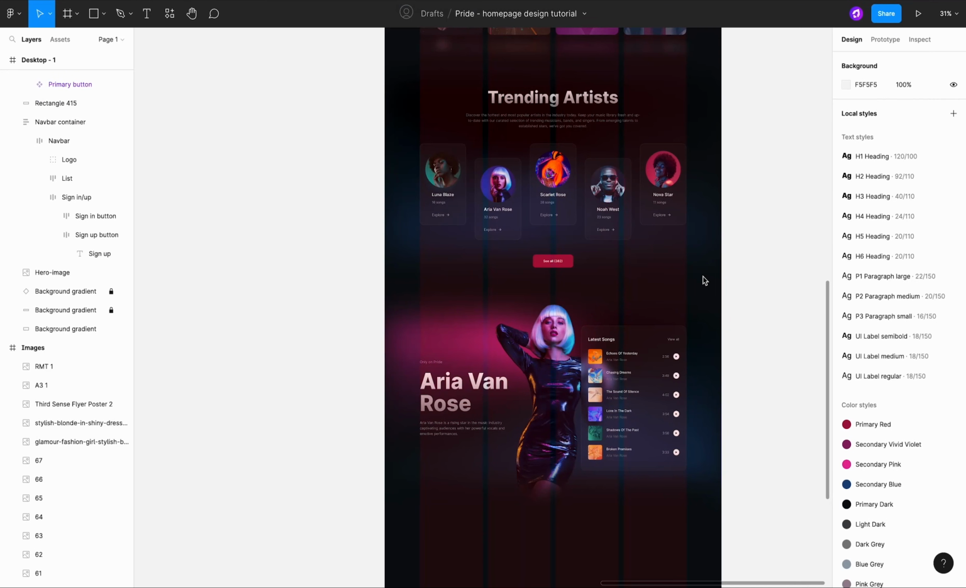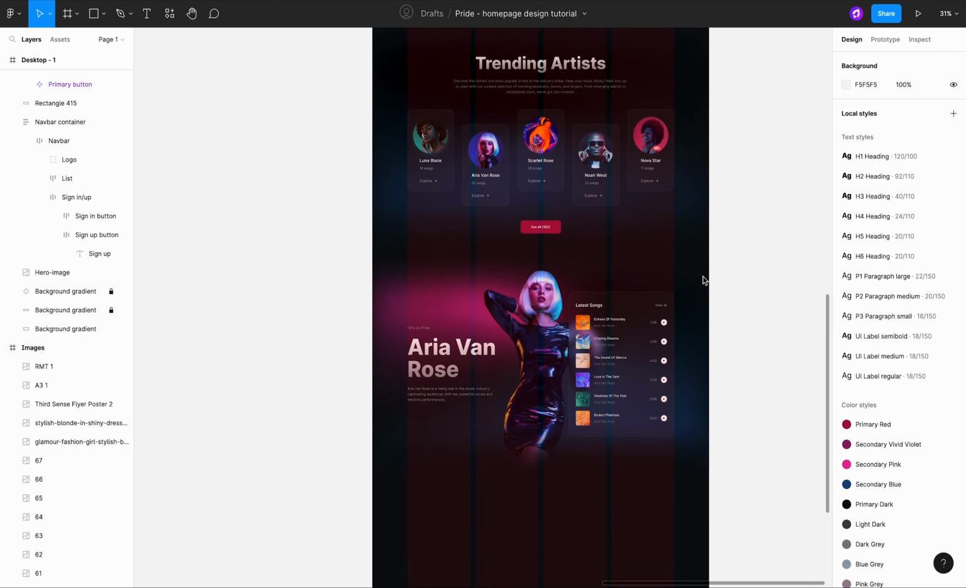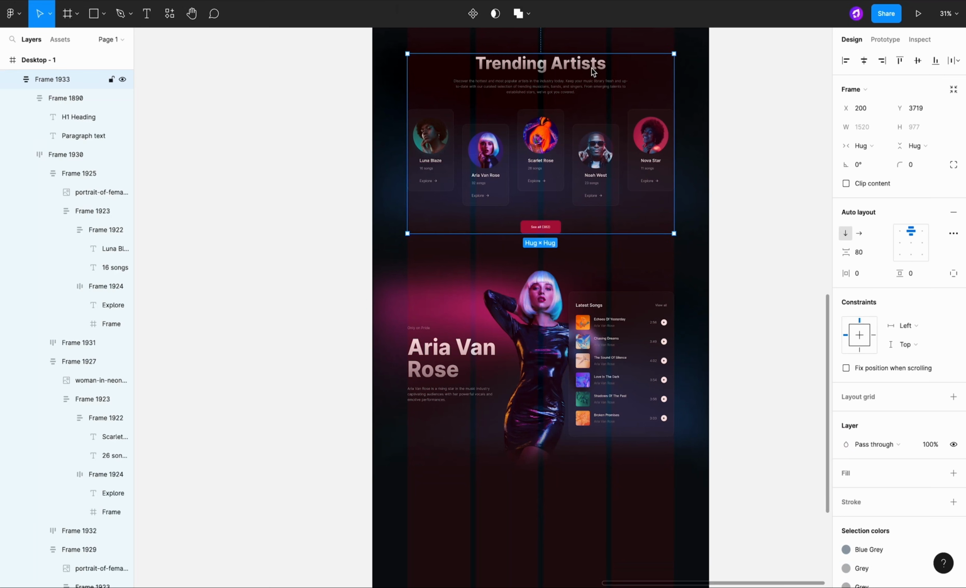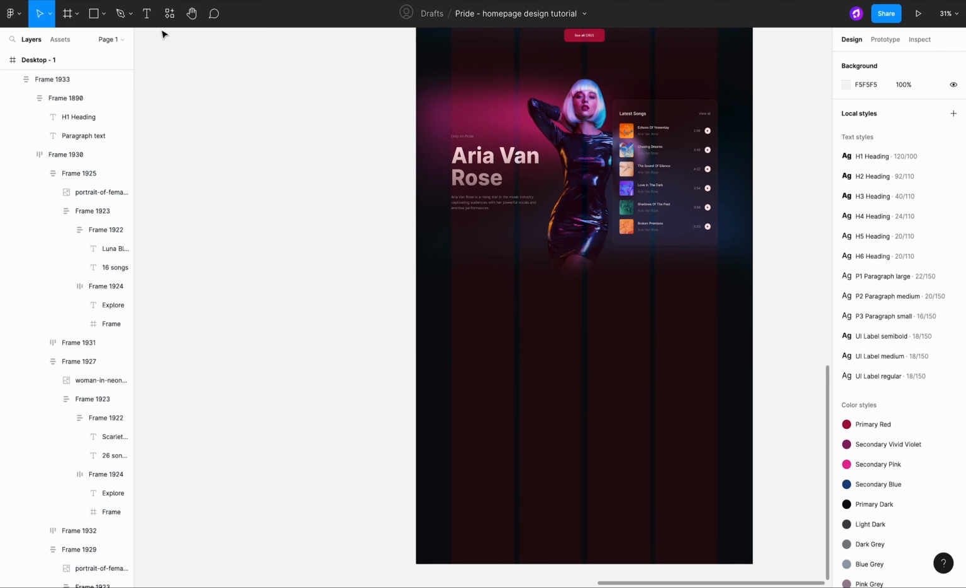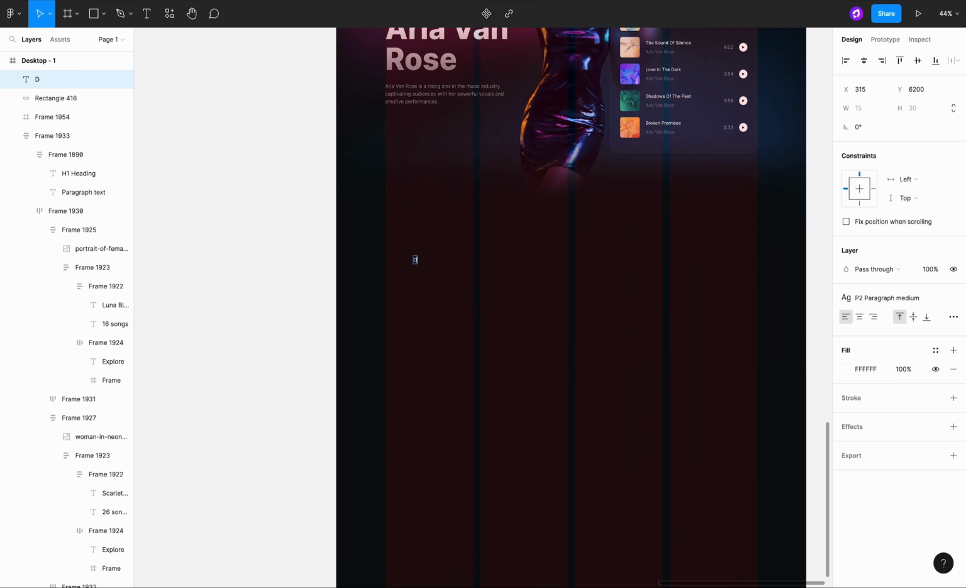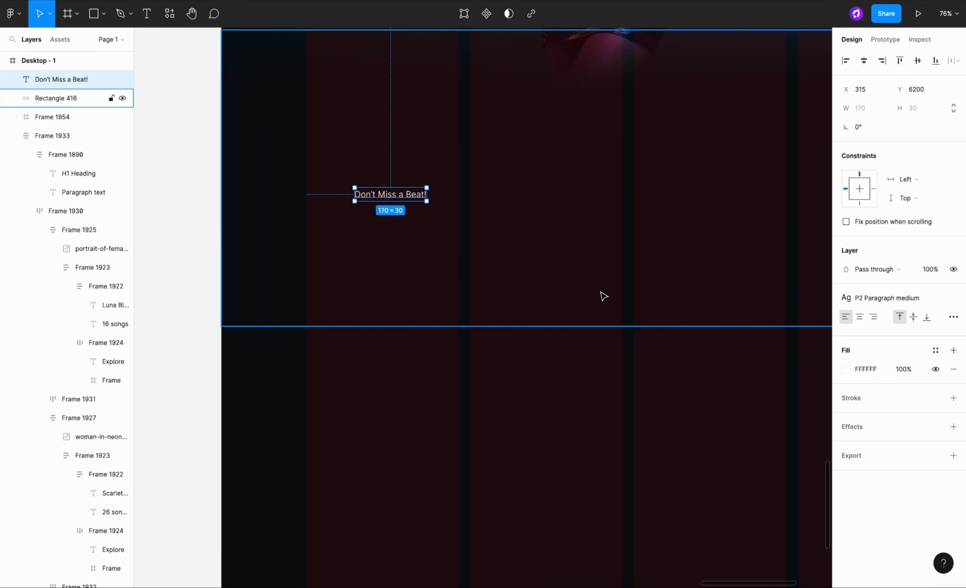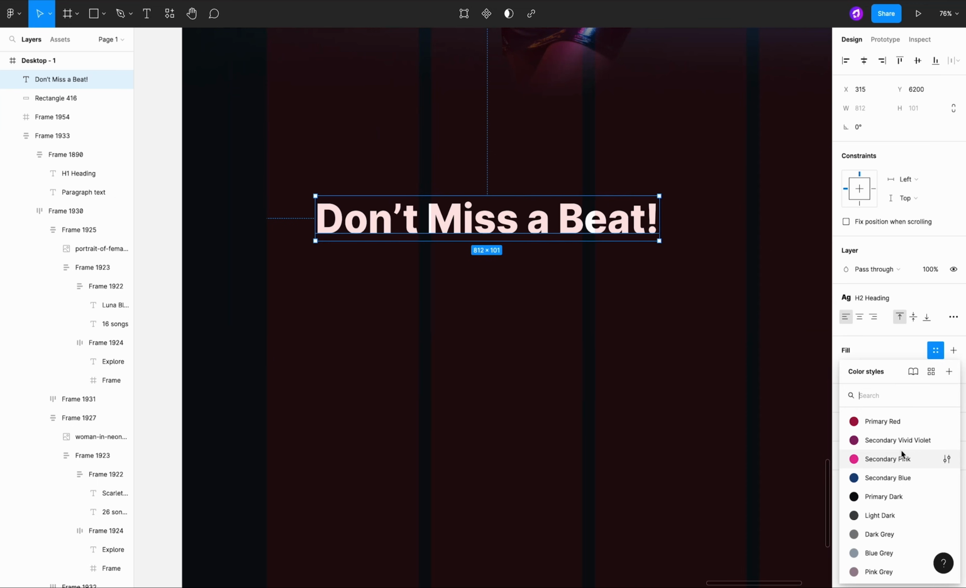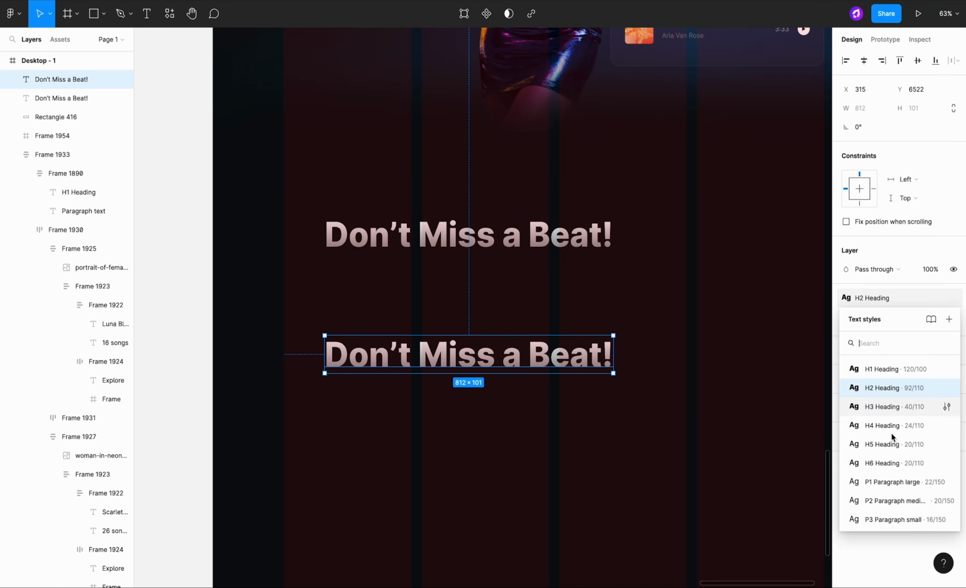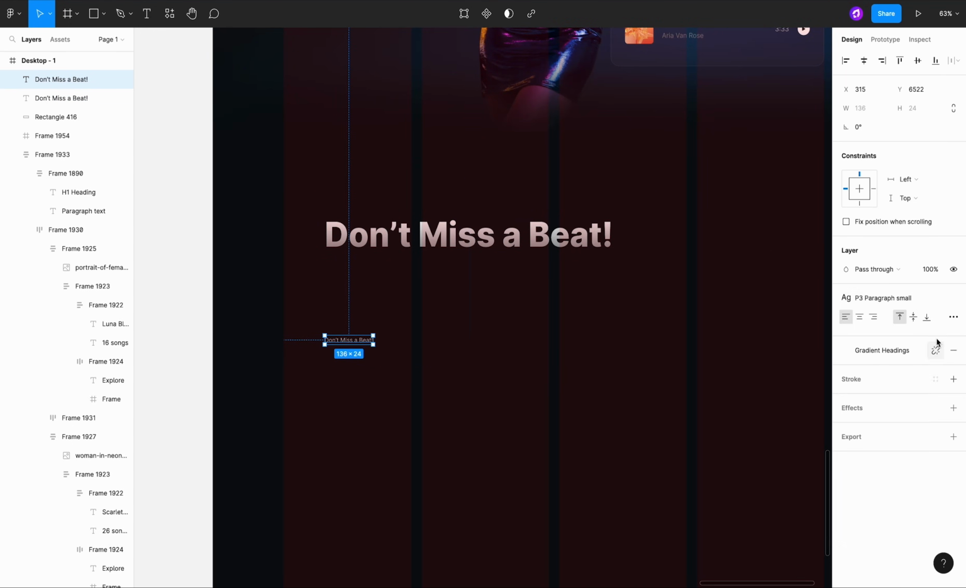Moving forward in our Figma tutorial, we're tackling an essential feature for any website, the sign up section for the newsletter. In this next step, we'll incorporate a newsletter sign-up form right on the home page, ensuring it's a breeze for visitors to subscribe to the company's updates. We'll kick things off with a catchy title, "Don't Miss a Beat," paired with a compelling description that outlines the